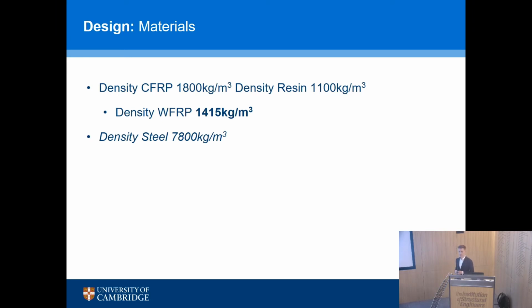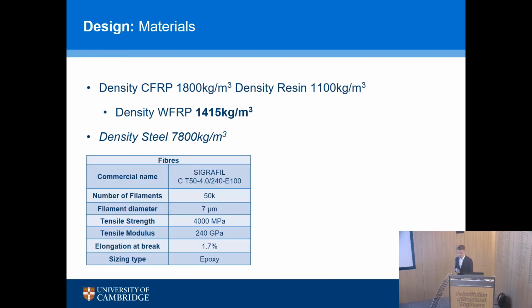Steel, of course, is 7,800. This is actually really useful if you're starting to move things around, put them into molds, turn them on a machine. Having lightweight materials is actually really helpful. In the work that we've done, as I say, FRP material properties do depend on where you buy them from, which is a challenge. And in our particular project, we use